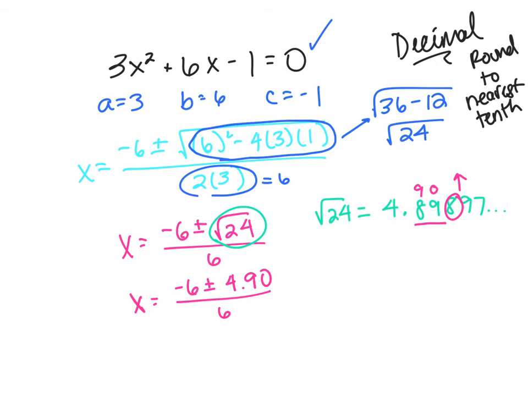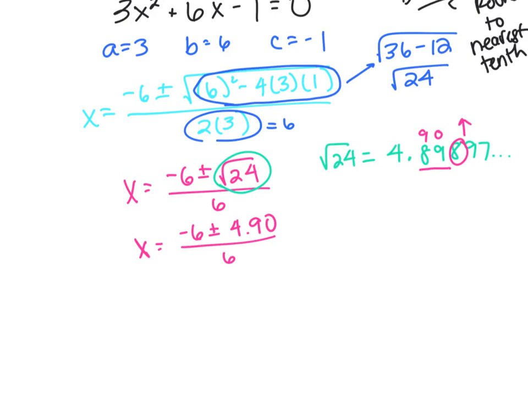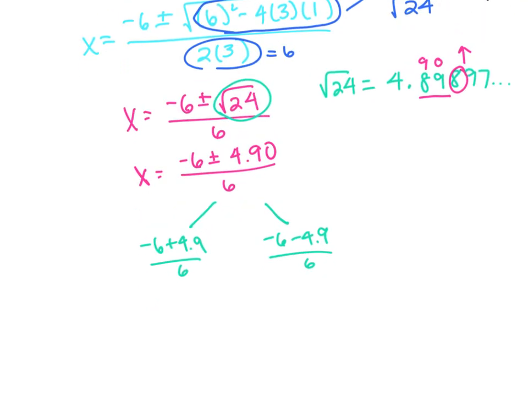And now we need to keep calculating because we want to figure out totally this answer. In order to keep calculating, though, we have to separate out our plus and minus. So we have to separate those roots. We get negative 6 plus 4.9 over 6. Negative 6 minus 4.9 over 6. Finish these up. Negative 6 plus 4.9 is negative 1.1